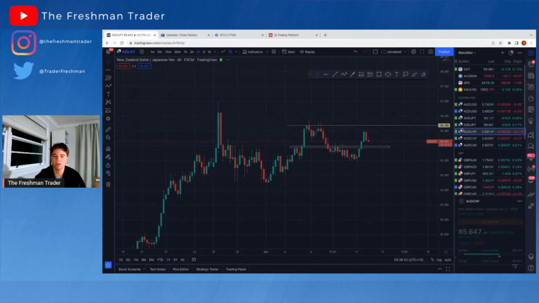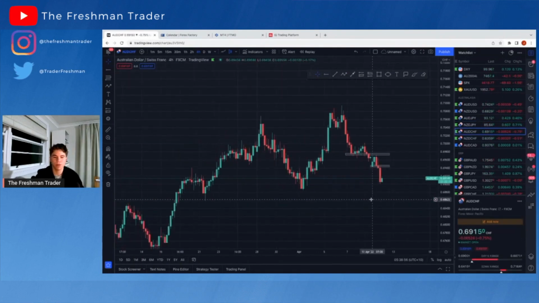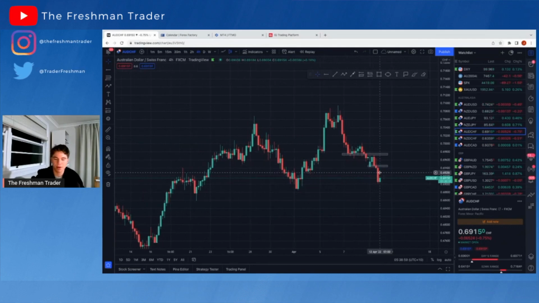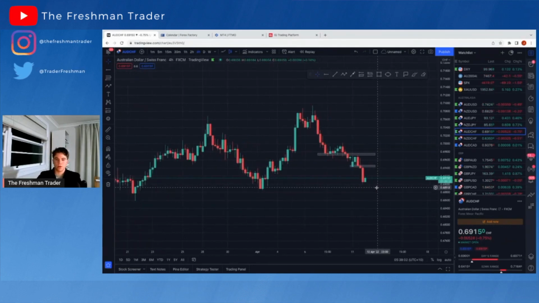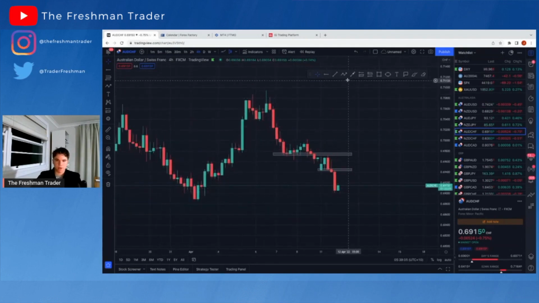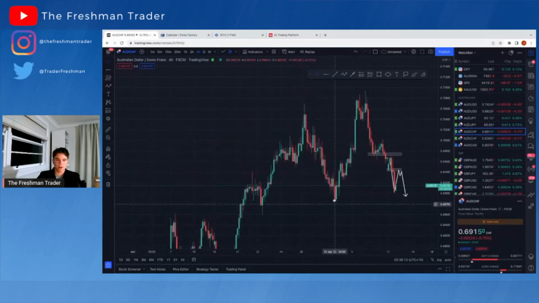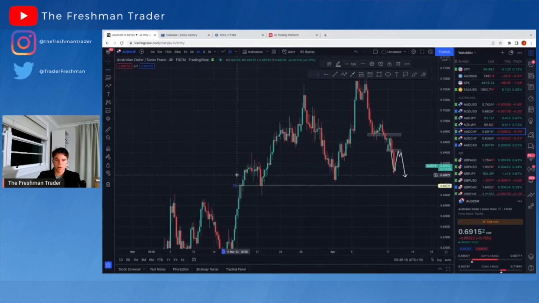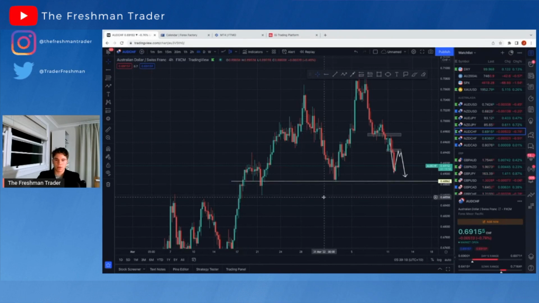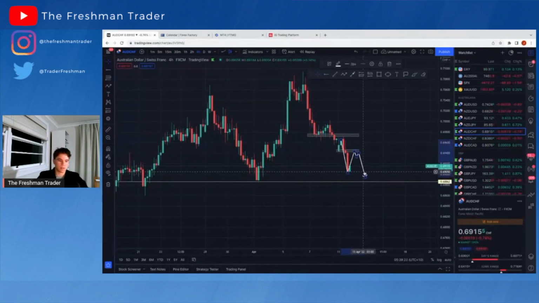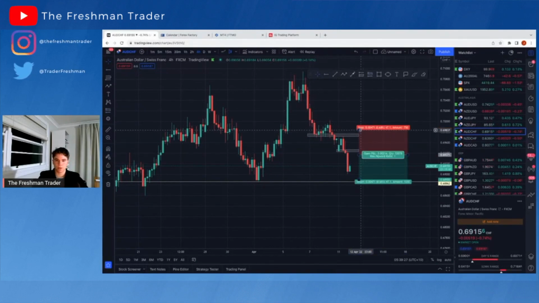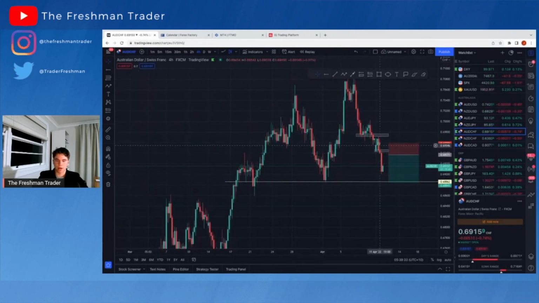Okay. Aussie dollar, Swiss franc. We saw Swiss franc push very bullish at the end of yesterday, and pushed the Aussie dollar down to below these key levels. So we've created a lower low structure right here. Now we're pushing back, potentially create that rejection over there. Okay, so that's looking very nice. Also, take note, pushing back down to these lows. So this could be potential targets to look at if we were to enter short somewhere over here. Okay, so we could look at taking a sell all the way down to these key levels,